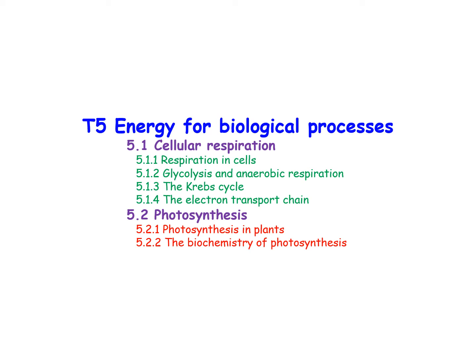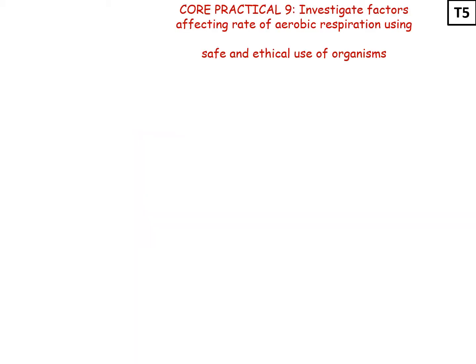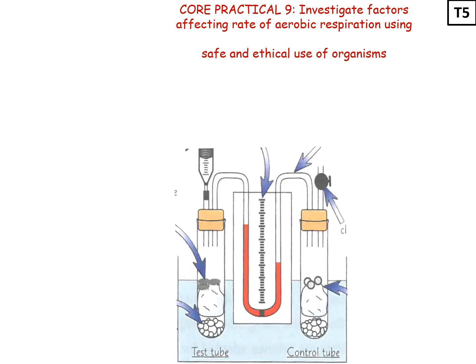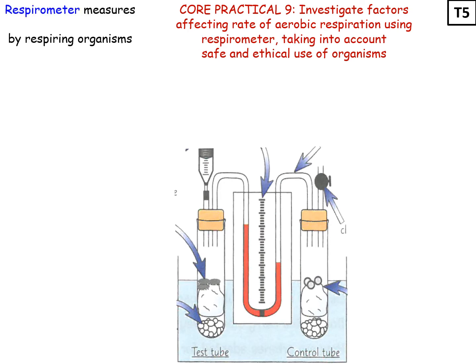Topic 5 Energy for Biological Processes, 5.1 Cellular Respiration. Core Practical 9: Investigate factors affecting rate of aerobic respiration. This could be done using equipment called a respirometer, and what the respirometer measures is the uptake of oxygen